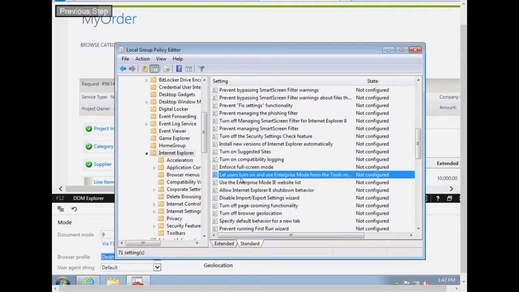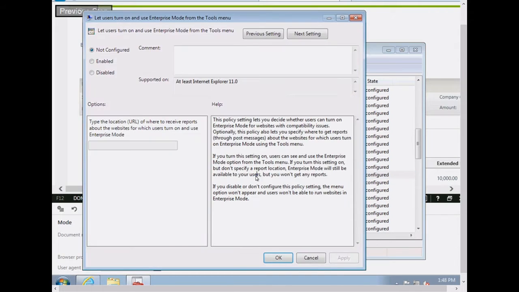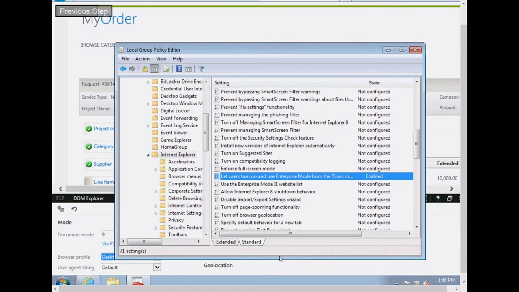In other words, just for testing, you need to enable this for your testers to be able to turn on enterprise mode. The other group policy that we'll look at a little bit later is "Use the Enterprise Mode IE website list." This is the actual pointer to where the list resides. So let's go ahead and turn this one on. I'm going to enable it. OK.